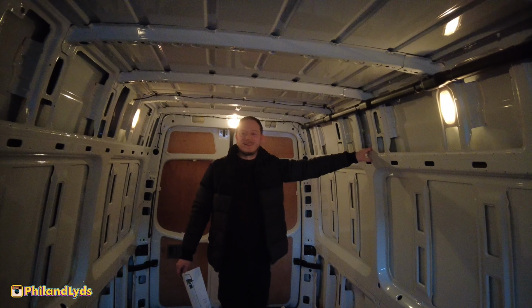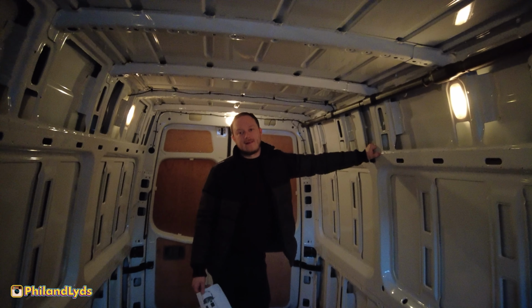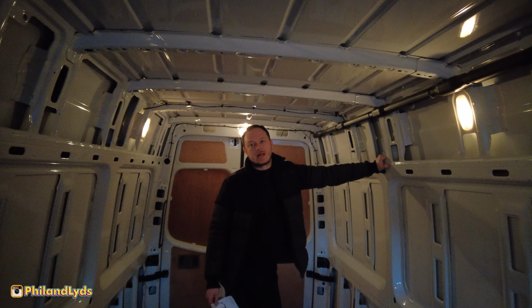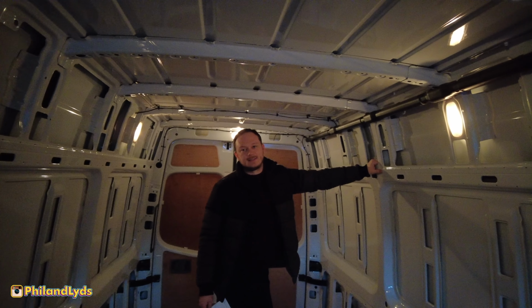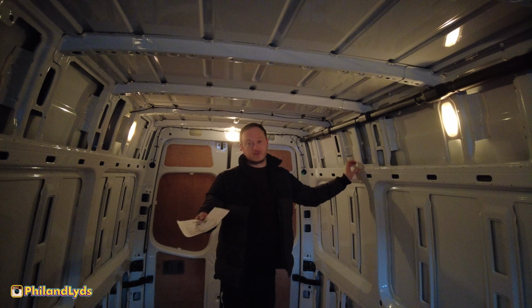So this is why, I love the idea of a raising bed. I think it's really cool. And I also really like the idea of having the bathroom at the back. I think that's really cool. Yeah. But I just don't think it's practical. It's not the easiest thing to do either. So I think your option is the